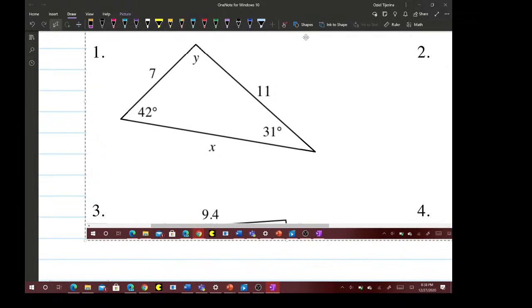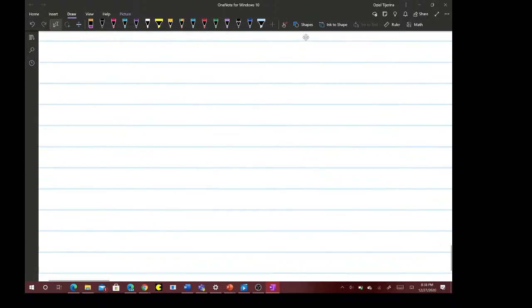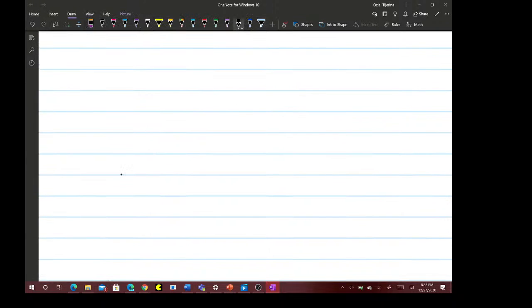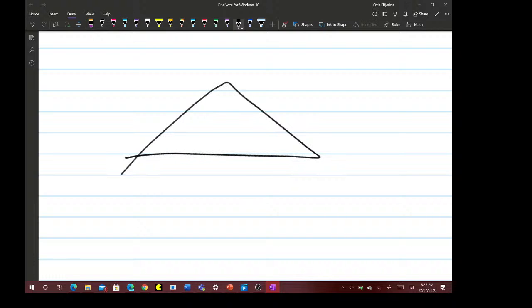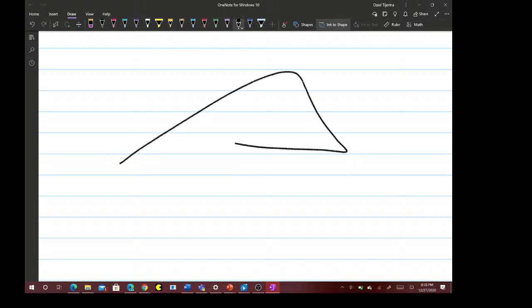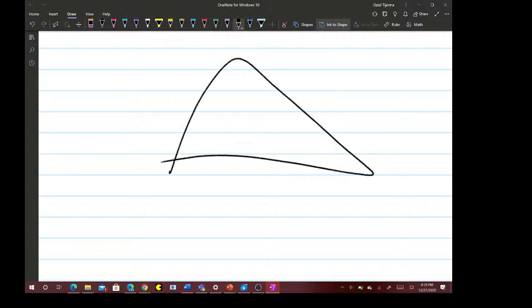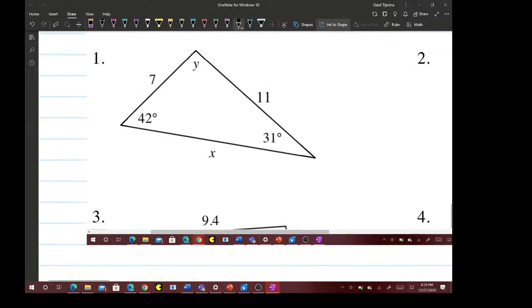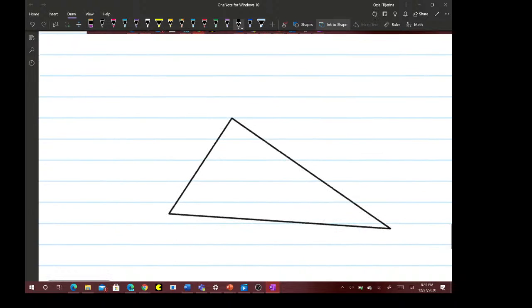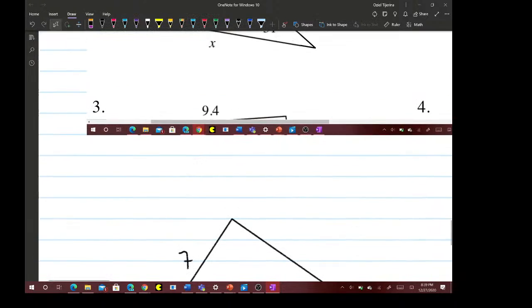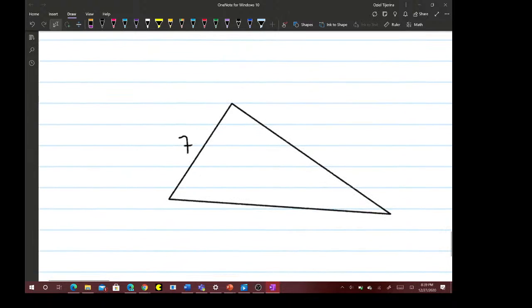I'm just going to go ahead and redraw the triangle myself as best I can. Okay, it doesn't want to draw. So I'm just going to draw it like that, and it doesn't have to be perfect, like I said. We can do 42 degrees,